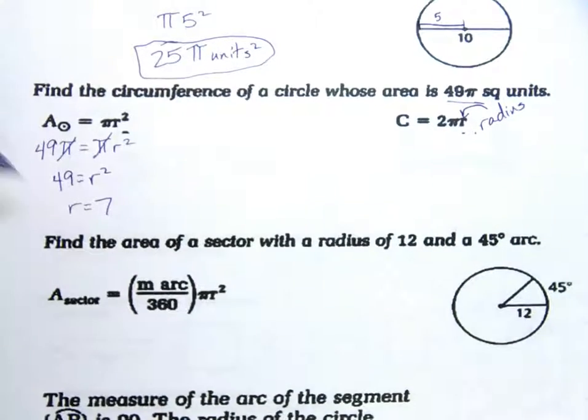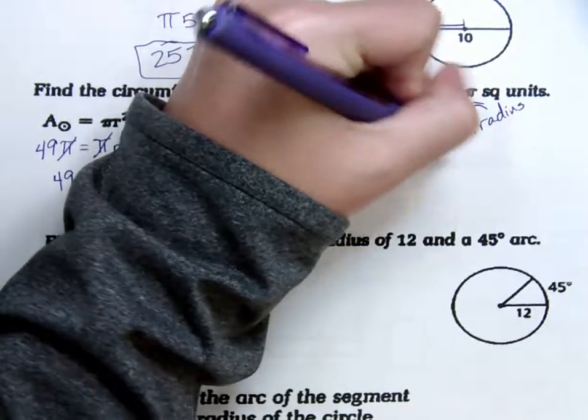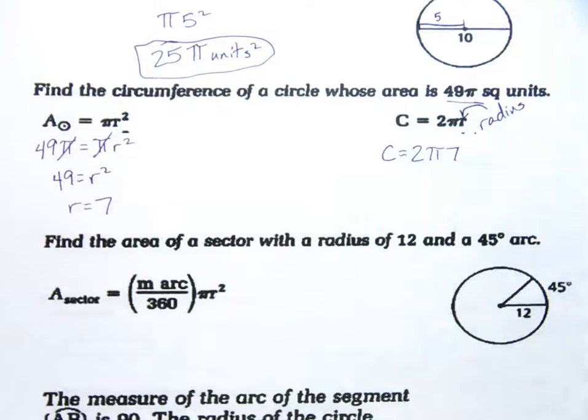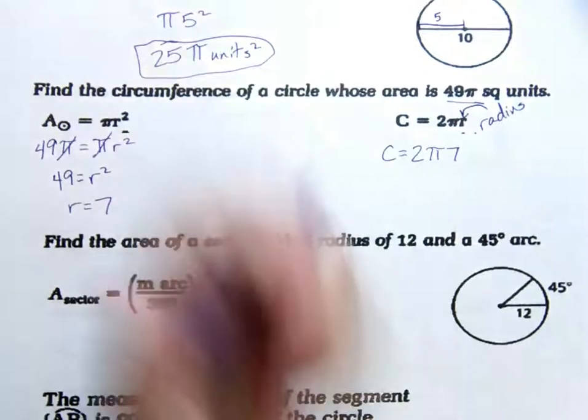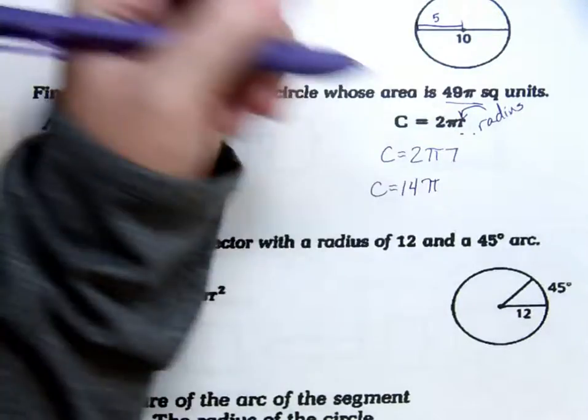These typically are this easy every time, but if you don't know how to start them, it's going to be confusing. So yes, 14 pi is the answer. 2 pi times 7. Just multiply the numbers. You're going to leave pi in the answer. So the circumference will be 14 pi